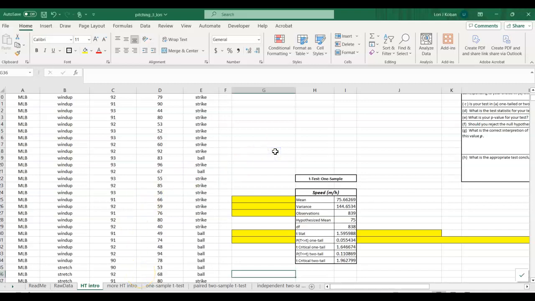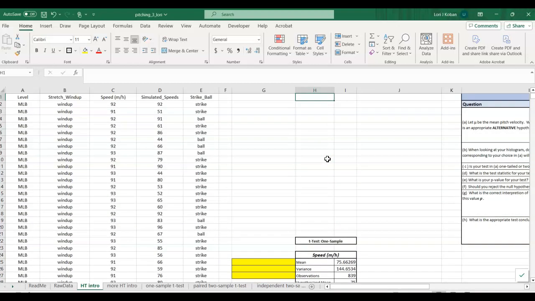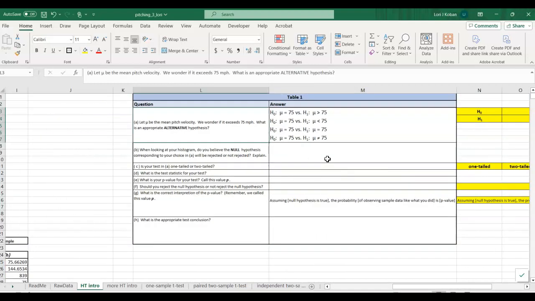And so again, this is part of inferential statistics. So we're trying to use the sample data to say something about the entire population. So here I am going to look at, let's go over here. It says let mu be a symbol for the mean of the population. Let mu be the mean pitch velocity. We wonder if it exceeds 75 miles per hour. What is an alternative hypothesis? So first of all,